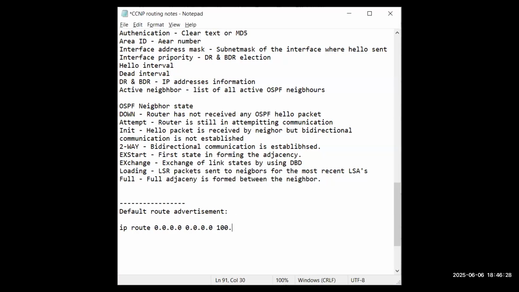For example, 100.64.1.2 as an example. So this is a default route which we are going to enable. And how are we going to inject this default route into OSPF? Okay. So what is necessary in order to inject this default route into OSPF? That is also what we are going to see today. Okay. So